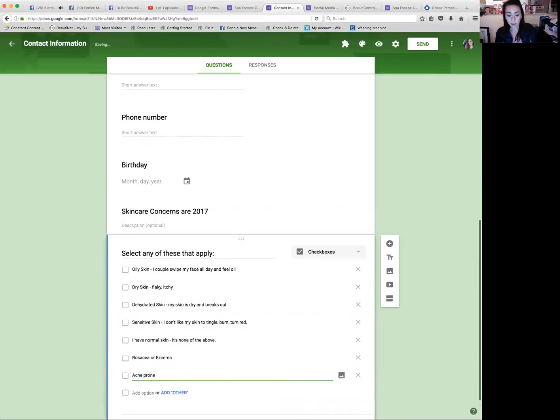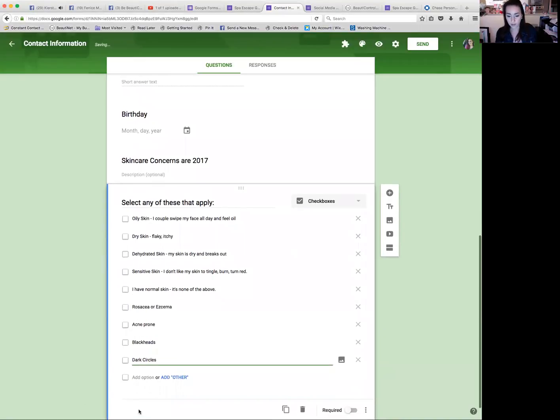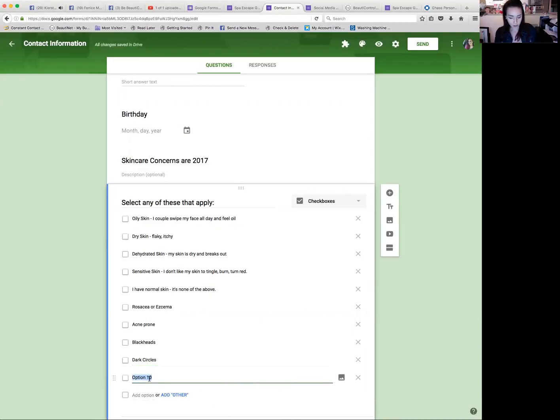And they can select multiple answers here. So they can select a lot of different things. And I'm going to go through these. I'm just copying and pasting right now, and I'm using keyboard commands. That's how I'm doing this really fast. I have a Mac computer, so if you use Command C, that copies. If you use Command V, that pastes. And if you use Command A, that selects everything. So it's very easy to copy and paste very quickly if you use keyboard commands. Saves you a whole lot of time.